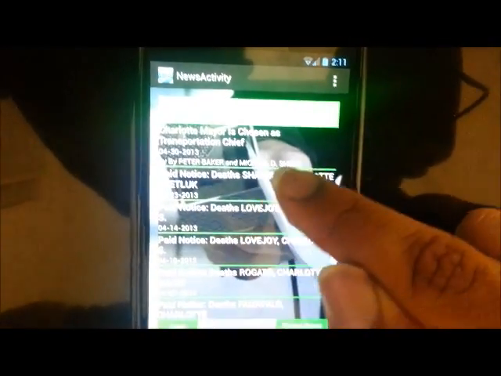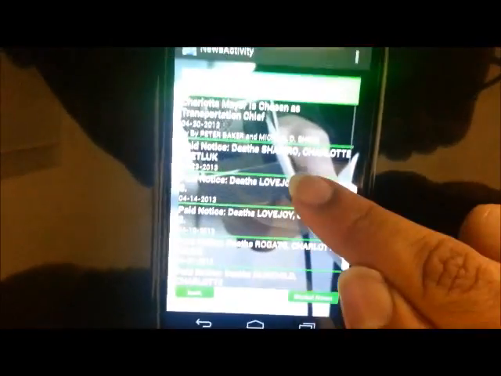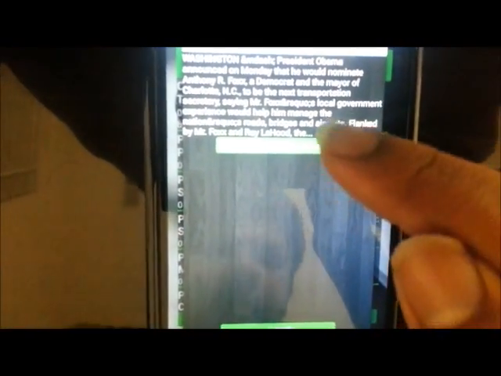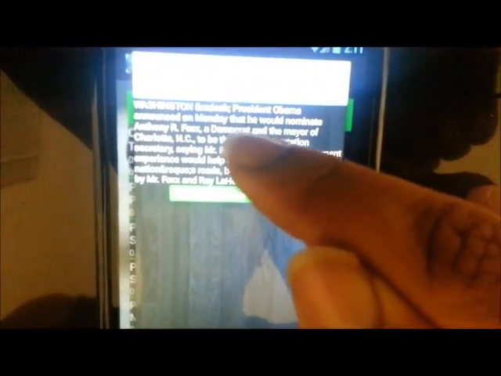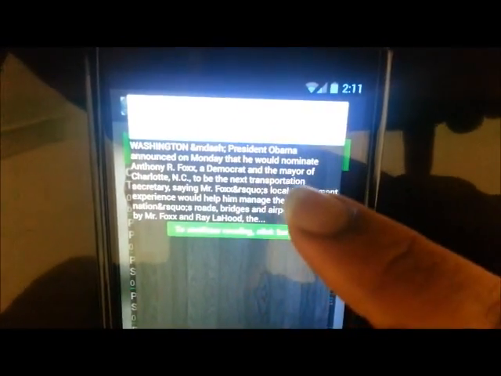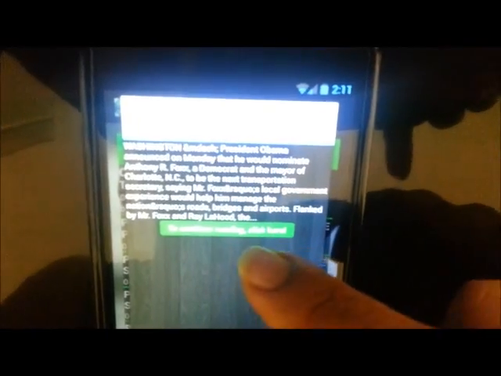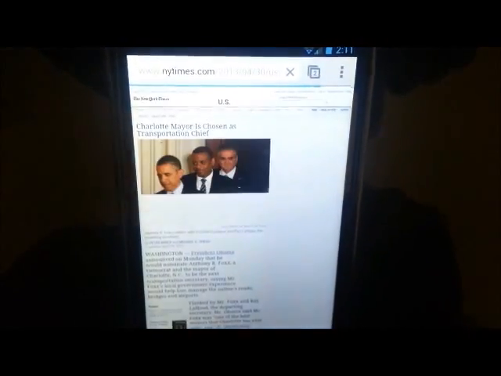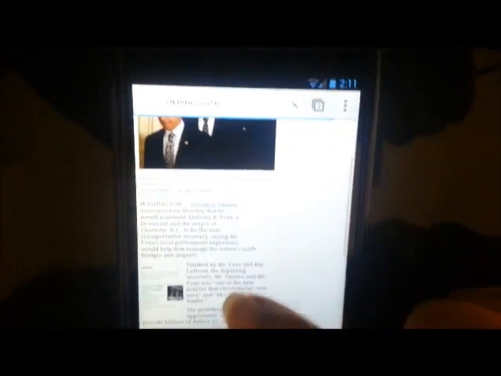As we see, there are 10 different news items, and I try clicking on one of the news activities over here. Now it will show us the news activity, which will show the description of the news in detail. This is not the full description, but we give the user an option to view the full description by clicking over here. When the user clicks on this button, it will go to the actual website, the actual hyperlink, and it will show the user the whole news.